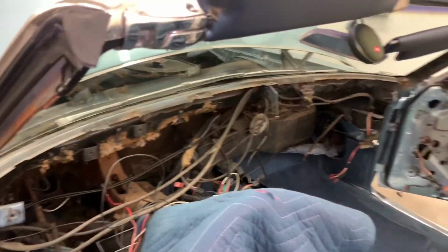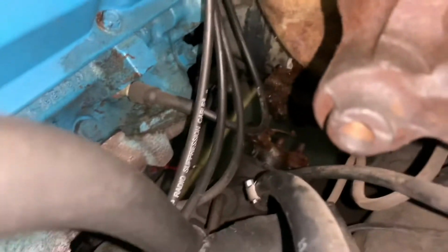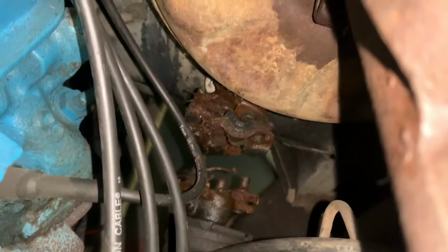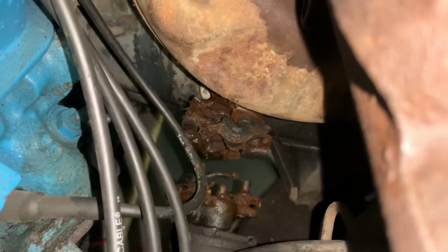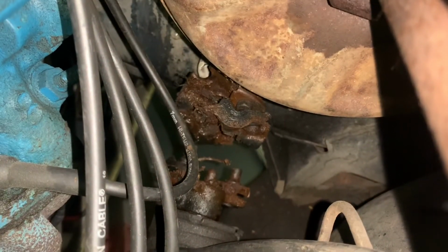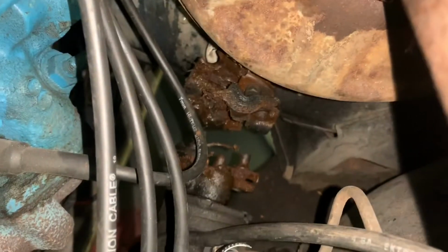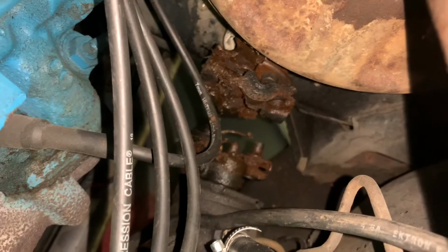Oy, hot mess. So, upon removal of the column and trying to get the coupler apart, which I undid the column side, so it should just slide out. Yeah, that happened. Instead of it sliding out, the rotten rubber, which, let me zoom in here,